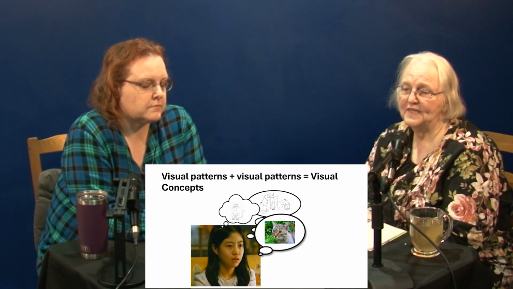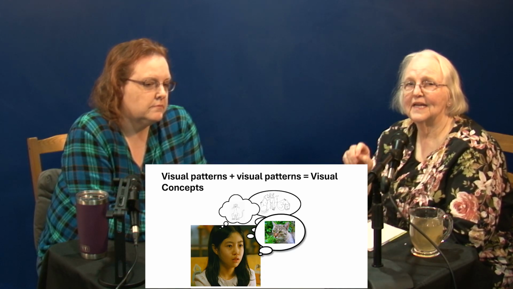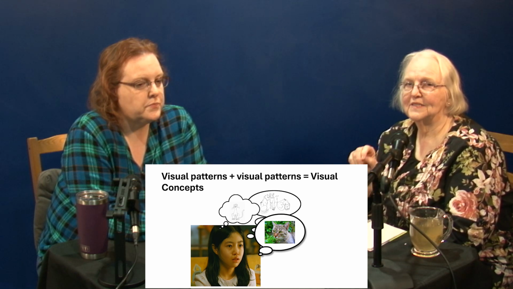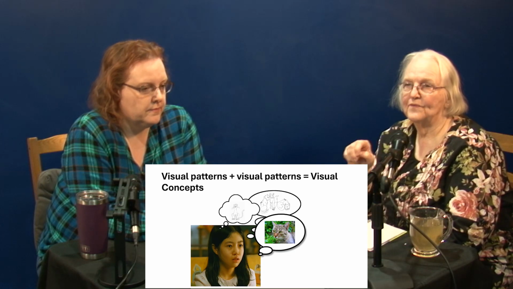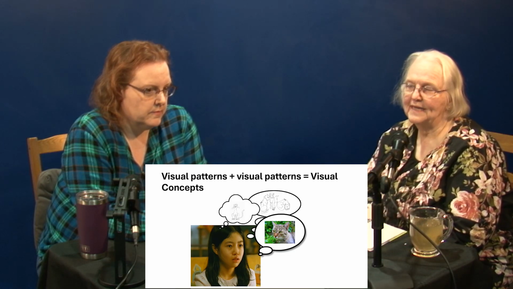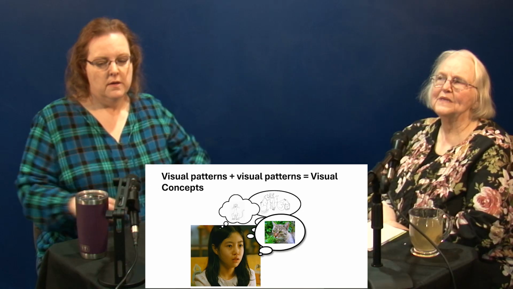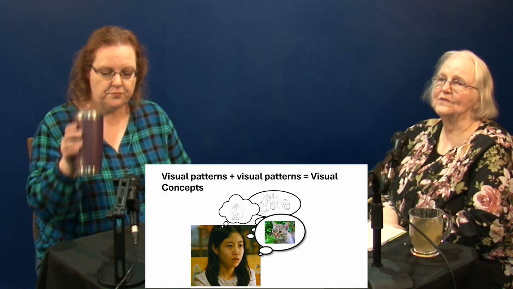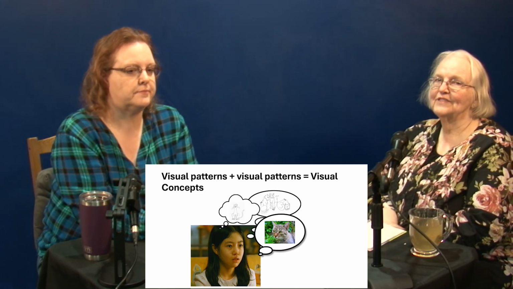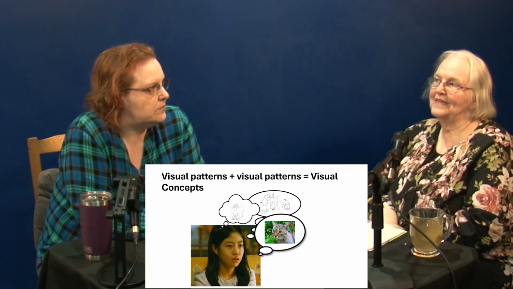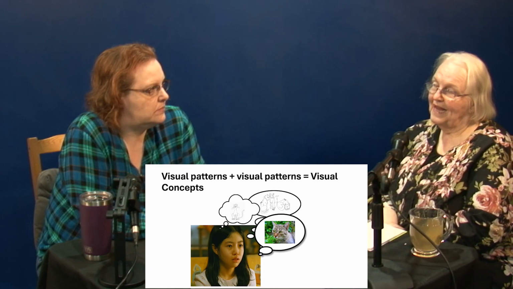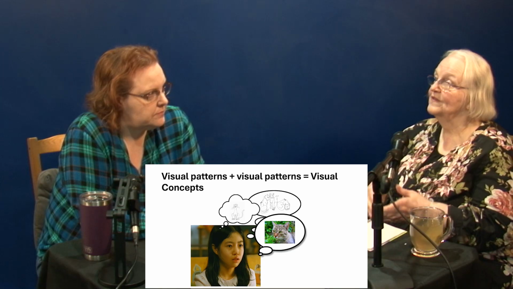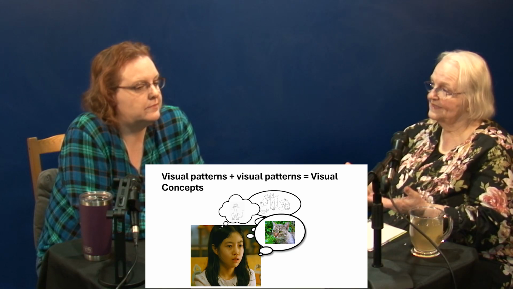In that picture, you have this little gal who is looking at something, and on the left-hand side, what you'll see is the edges, like when Bonnie did the drawing with black on white with just the edges. You see the edges of what might appear to be a cat. Well, that's honestly what the eye sees, and the brain sees that too, unless you have language. So the brain has to take and overlap all of those edges to create a shape, which will then become a concept at some point.